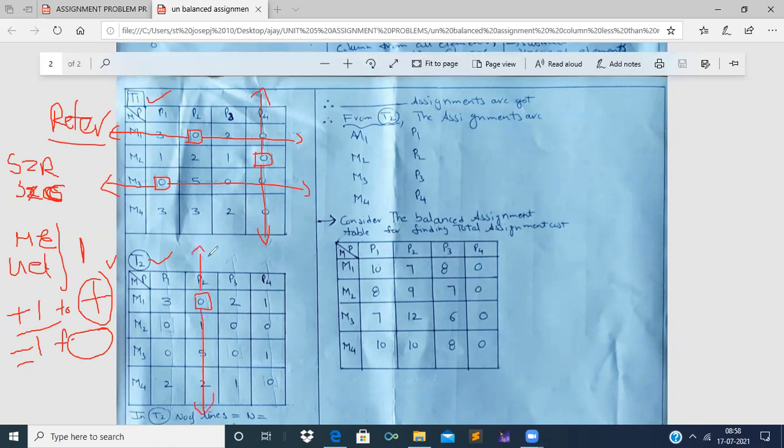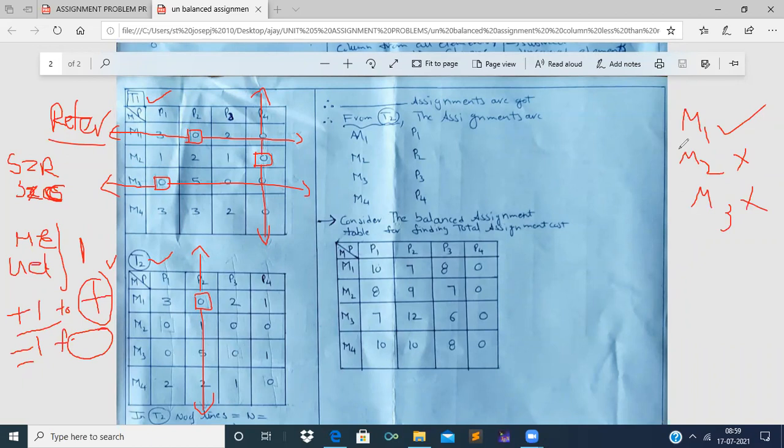Now, next, let us proceed for the second row. In the second row, we are finding 3 zeros. Therefore, don't disturb this second row. M1 row is finished. Now M2 is containing 3 zeros, therefore don't disturb this second row. And in the third row also we are finding 2 zeros, therefore don't disturb this M3.